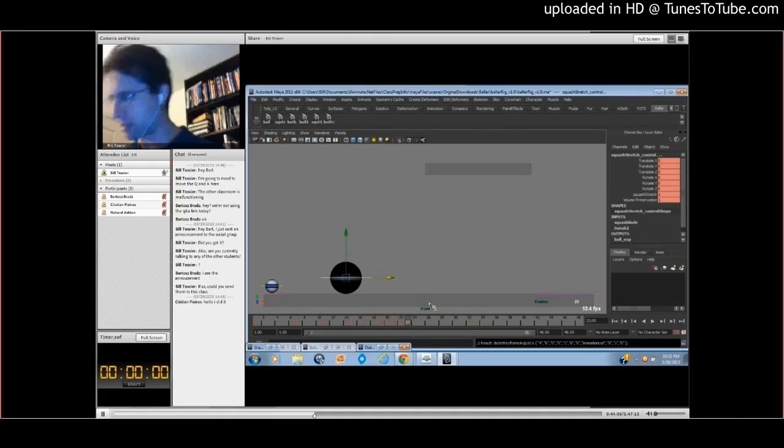Alright. So first, I'm just going to set a key on everything, just to make sure that they're both starting in their start positions. Let's give ourselves a few seconds here to work with. And let's say, I don't know, the bowling ball is going to start up here and off frame. Okay, it's going to start over there. So why don't we start that thing bouncing in,